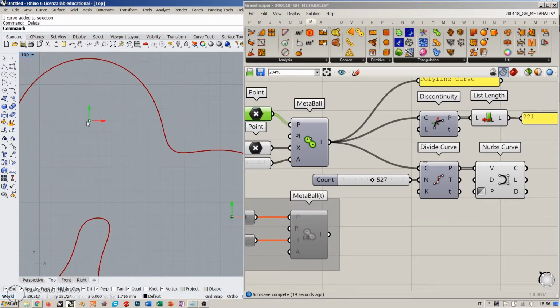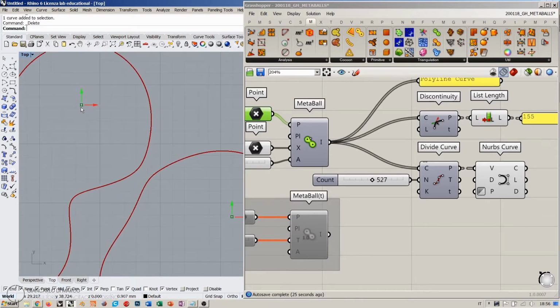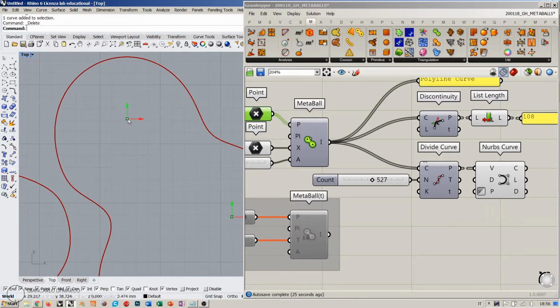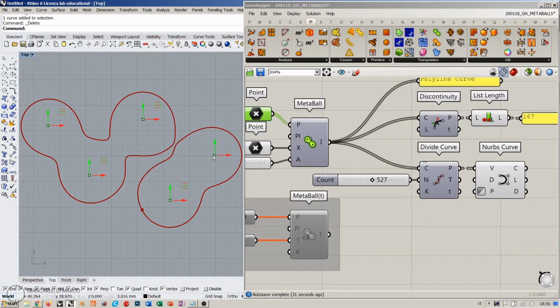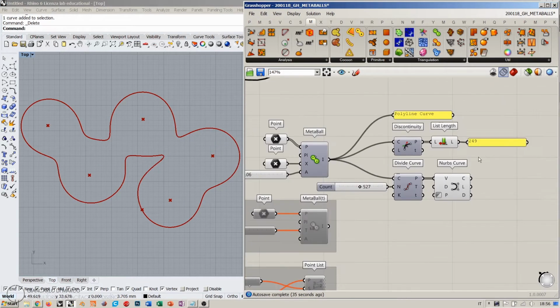Okay, so you see that it starts to become blobby the proper way. Okay, so that's how the Metaball accuracy works, and that's how we can refine, for example, our polyline into a